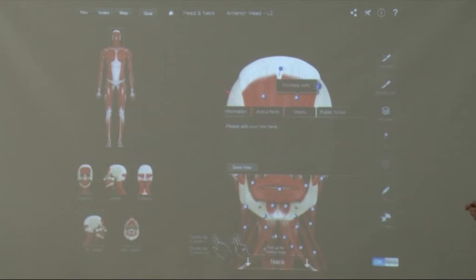Students can add their own notes. The media button brings up video and slideshows that relate to that particular muscle. And public notes is where you can post a note that you make available online and other people can